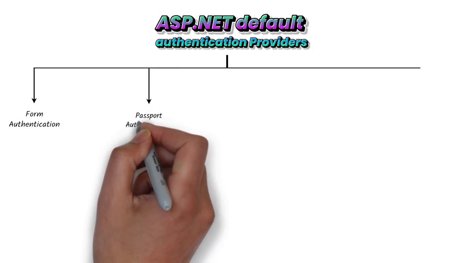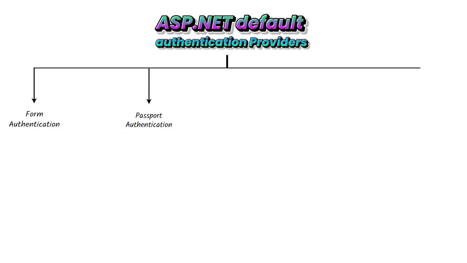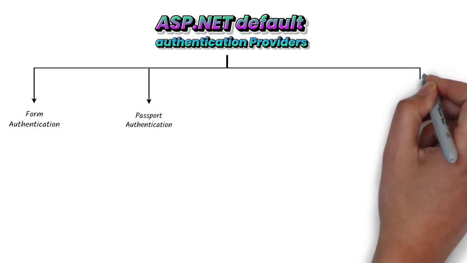Passport authentication. Passport authentication is a centralized authentication service provided by Microsoft. It is based on the concept of single sign-on, which is SSO, meaning one login for multiple applications. A user visits a website. If already logged in, then he will get direct access. If not, he is redirected to the Microsoft login service. After successful login, a token will be generated and this token is sent back to the application. The user gets that authenticated token and then the user can interact with our application.